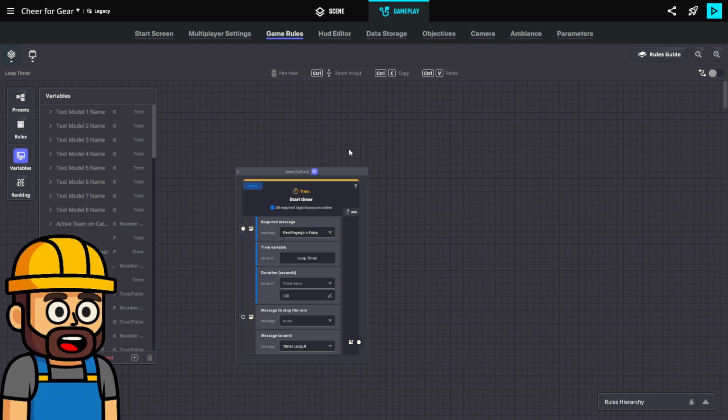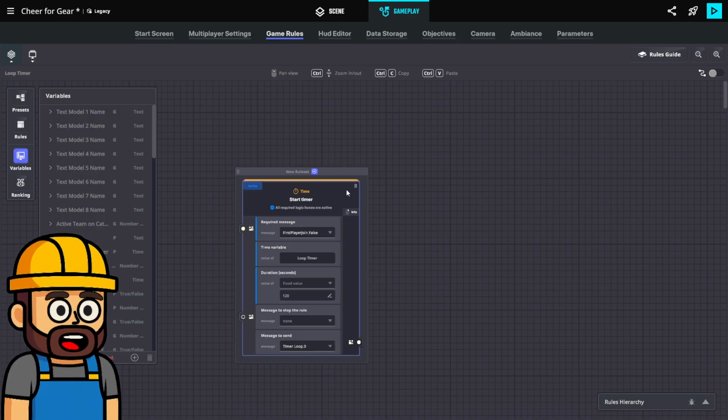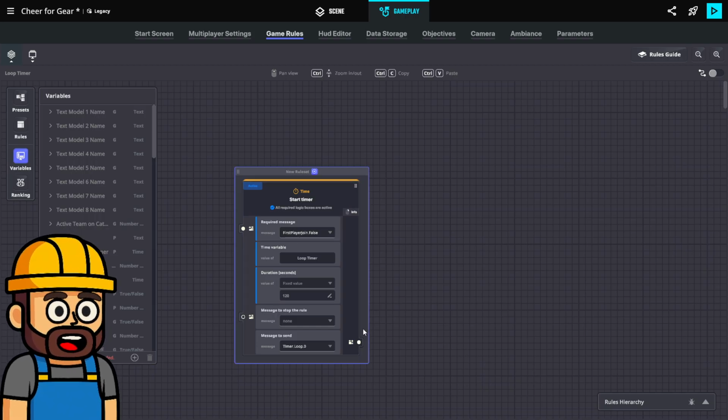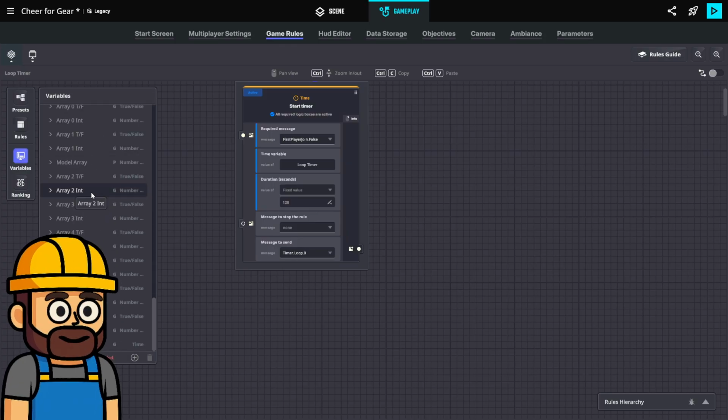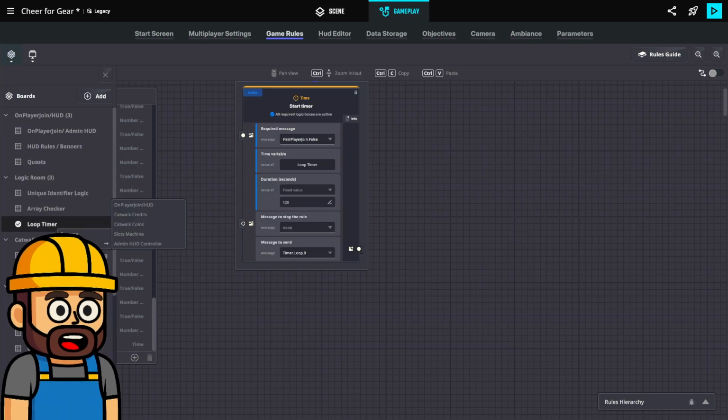So we'd also have to determine how many themes there are going to be, and program all that in. So there's 20 themes that I need to program in, like 20 logical rules. So on this we would have to pick the theme. So let's do something like that too, I guess. Loop timer. Theme picker.